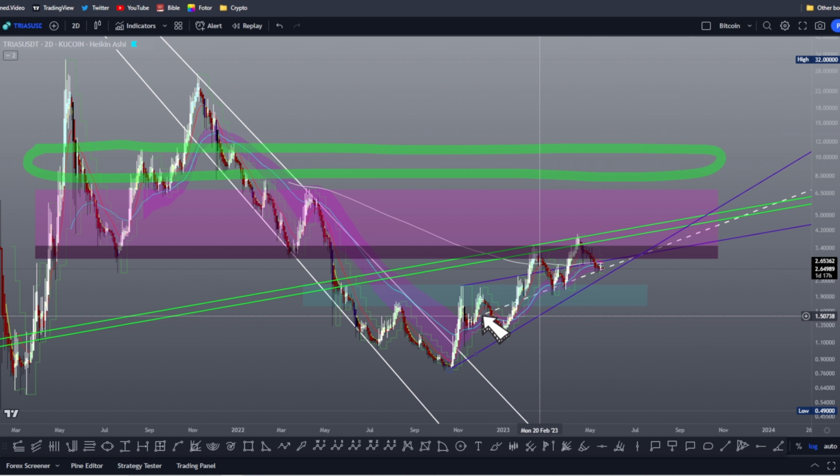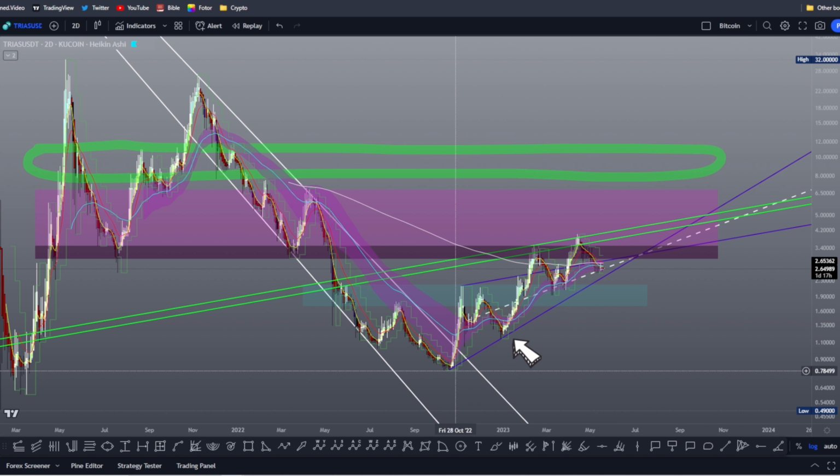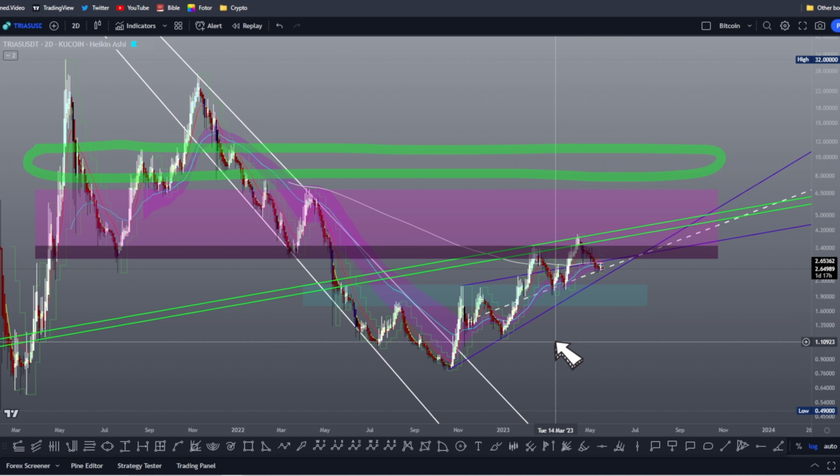Here for TRIAS, as you can see, we're getting support right now on this white dash, this median trend line. Any of you familiar with my content know that I've had this drawn in here going back to at least December of last year, and it's just been oscillating around this. You see, we slowly began to gain the upper hand on this white trend line. So as long as we don't lose that at approximately $2.60 where it's at right now,